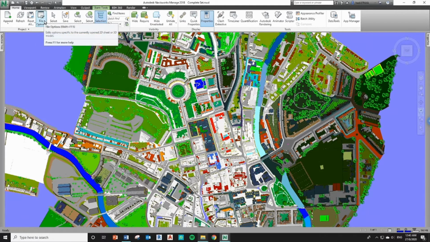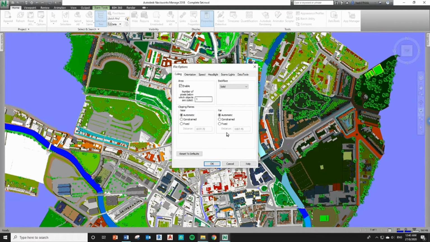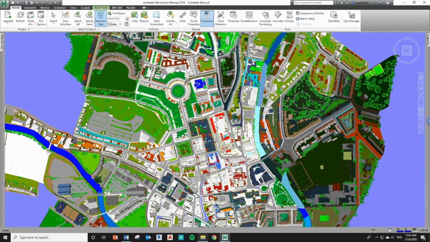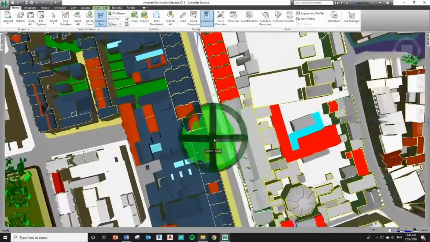We got file options. File options is very important. As you can see from here, we have something called clipping plane, under culling. Take note of this one. Why is this important? Say for example